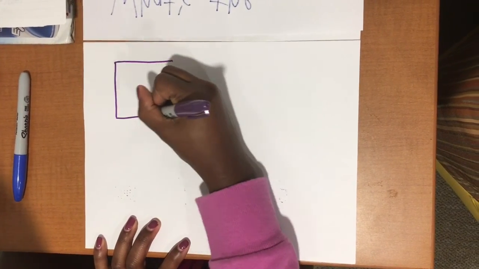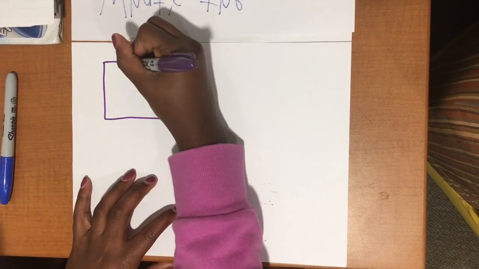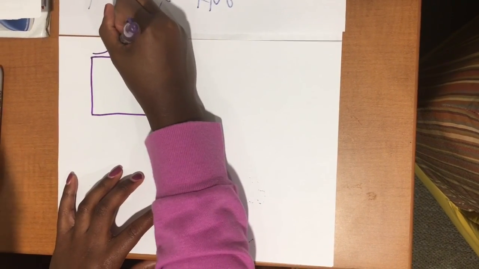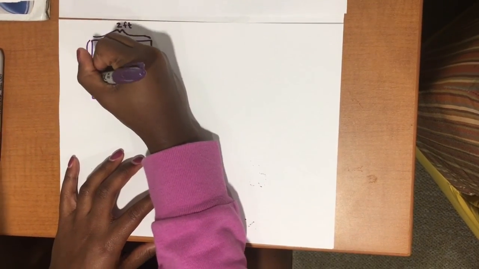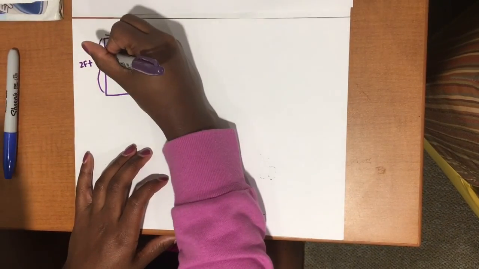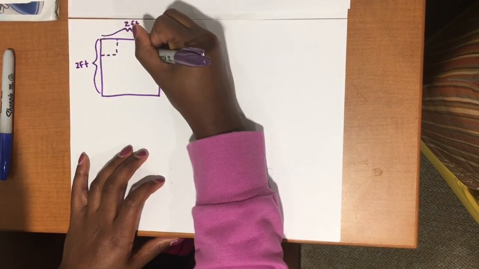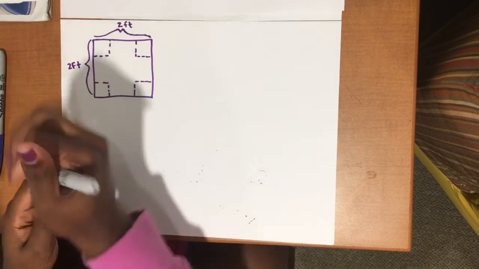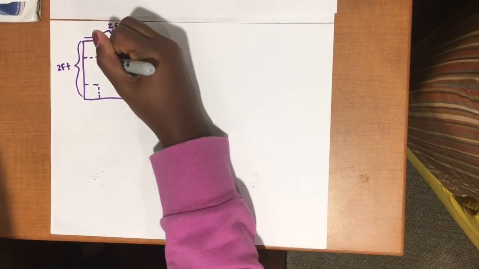To save costs, the Atlanta Community Food Bank wants to use free scrap pieces of cardboard, 2 feet by 2 feet, and remove squares of equal size from the corners to create a box without a top. They want to know, if the cardboard is 2 feet by 2 feet, what is the maximum possible volume of such a box? I'm going to label a diagram 2 feet by 2 feet, and in the middle I will